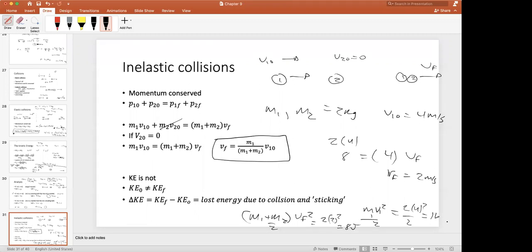That's the reason why I'm doing this, to show you that the change in kinetic energy is -8, right? It lost 8 joules in the inelastic collision when it stuck together. So the kinetic energy is not conserved in inelastic collisions. The only equation that we have is this one. And then, of course, kinetic energy is mv squared. So for the final, you have to use m as the sum of the m's in the final